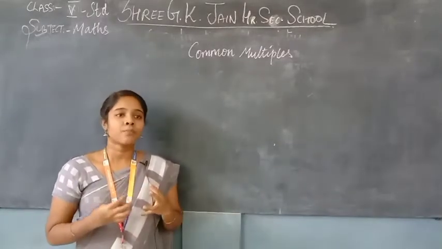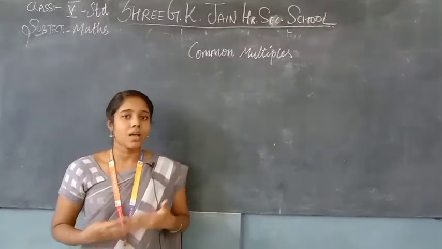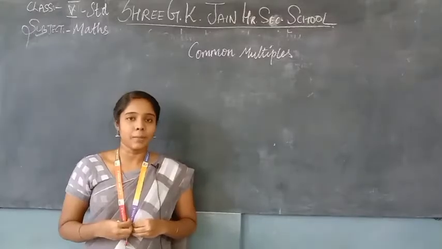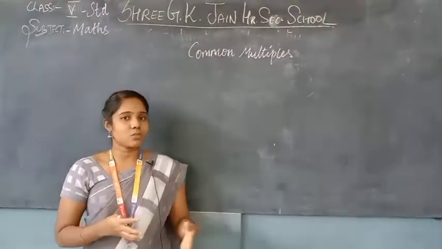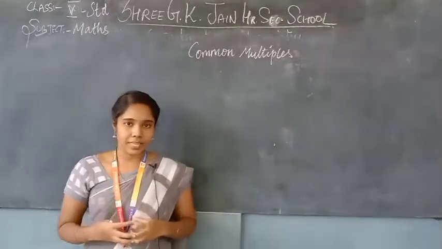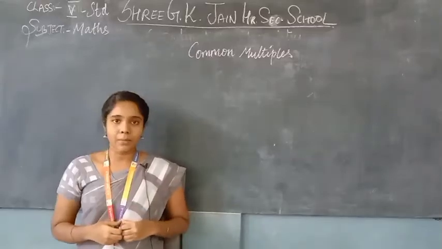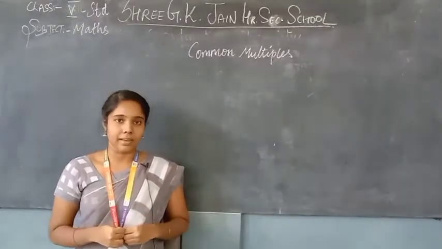While I am saying these steps and counting, what is coming to your mind? The times and the numbers. Yes, multiplication, right? 4 times 1 is 4, 4 times 2 is 8, 4 times 3 is 12, 4 times 4 is 16, right? So this is how the multiplication is coming. Multiplication and multiple are closely related, right?